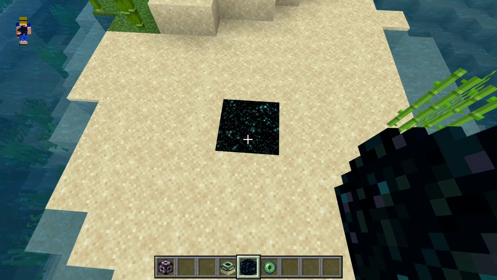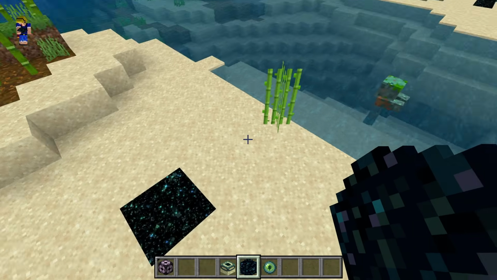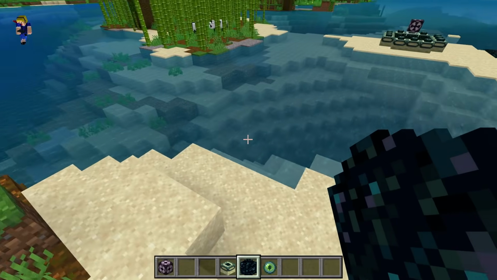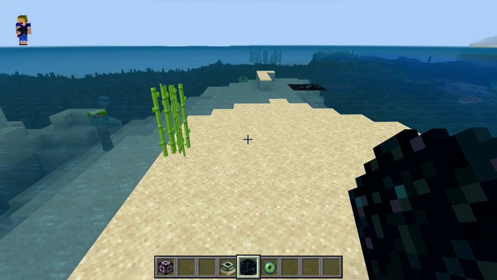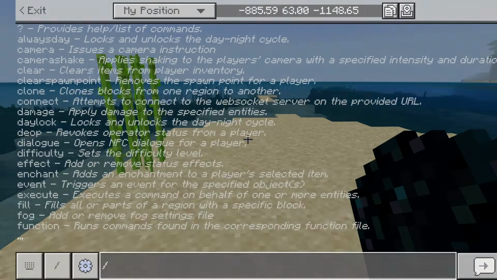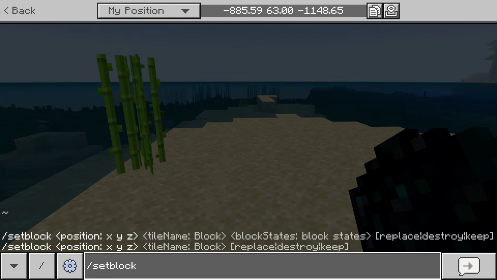And so that's the first method to get a single end portal block. The second method is by using a setblock command. So that is also possible. What you can do is type in /setblock and then type in 3 of these tilde characters, which is your